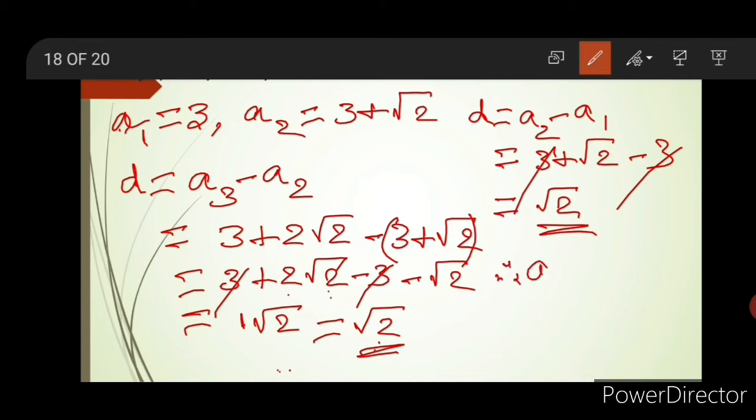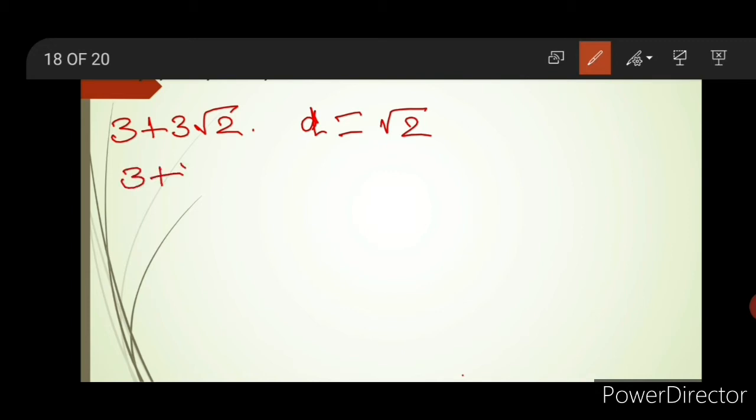So a3 minus a2 and a2 minus a1 both are same. a2 minus a1 and a3 minus a2 are same. Therefore, they are in AP. So, what is the next